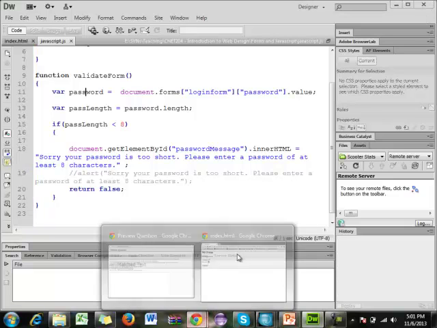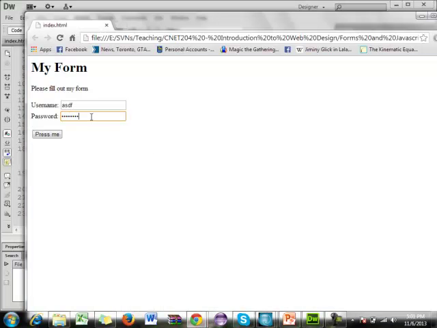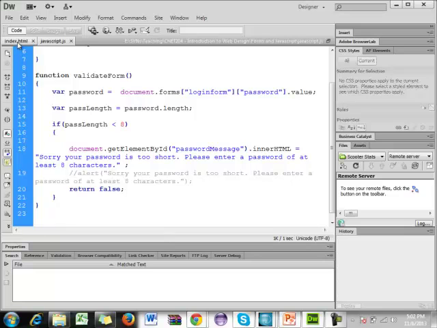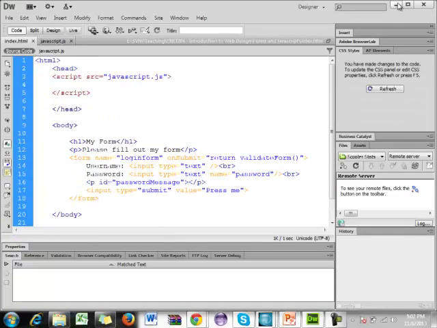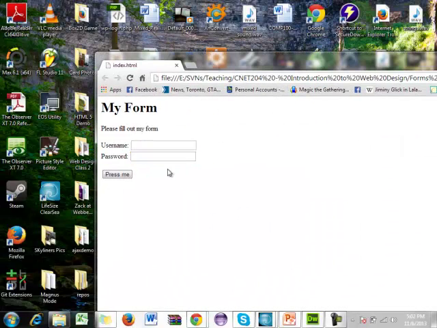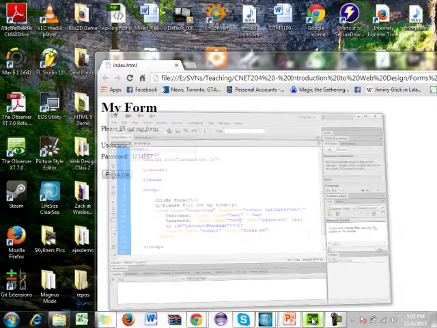So whatever I typed in here, so if I type 1, 2, 3, 4, 5, right? Okay, so let me take off the password thing for a second. Let me put this as text so you can see, so it makes a little more sense. So we'll refresh it now. Now we can see, right? So if I type 1, 2, 3, 4, 5, 6, 7, when we click submit,